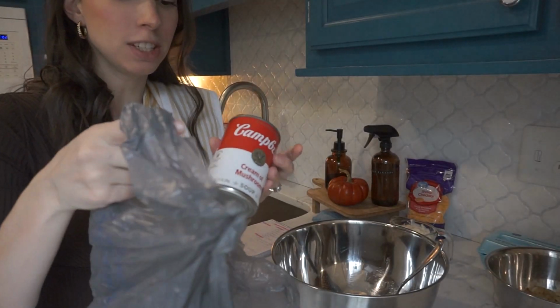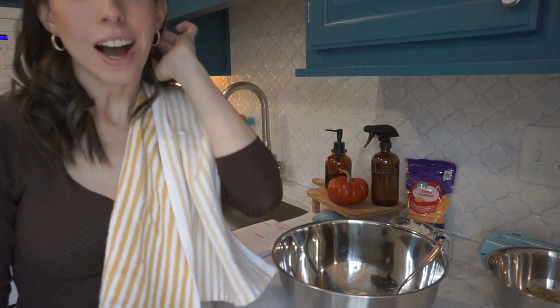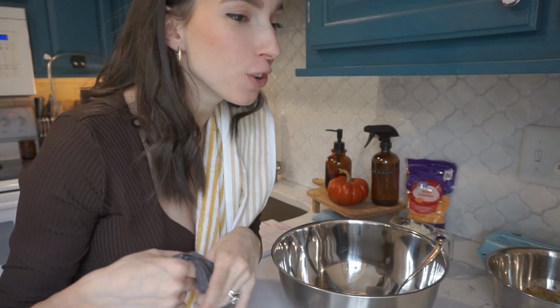Pro tip, it's always easier to clean up as you go, in my opinion. Before I started, I unloaded the dishwasher, so I ran it last night. So now I've got a fresh dishwasher to just load up as I go, so that when I come home,